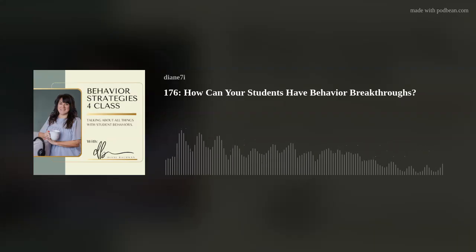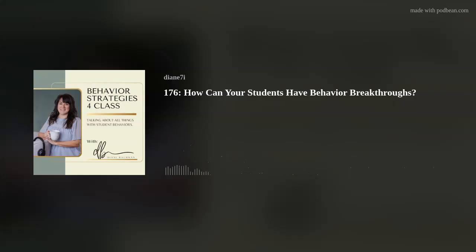And then number 4, so number 1 is being consistent with those expectations. Number 2, holding them to those expectations. Number 3 is that teaching and reteaching of behavior strategies and teaching them how to advocate for themselves. And then number 4 is empowering your students to use their voice, which again goes back to that advocating, and